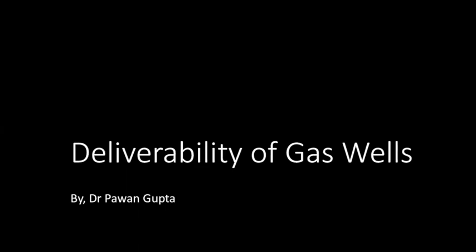So we've seen that we basically have three approaches. One approach is the P square approach, which is for pressure less than 2000. Another approach is for pressure greater than 3000, which is just the P approach. And we have also seen the MP approach for pressure between 2000 and 3000, right? We have also seen how these equations can be modified for gas wells. Now we'll continue from the slide that we left earlier.